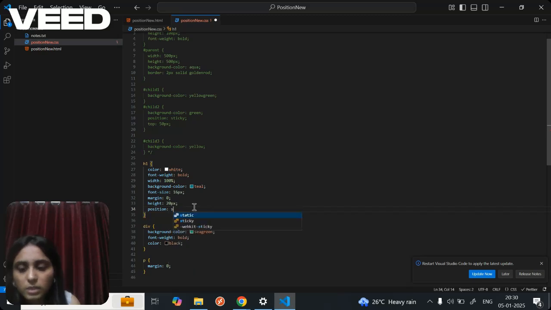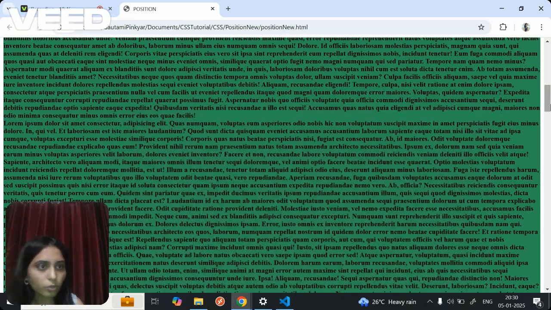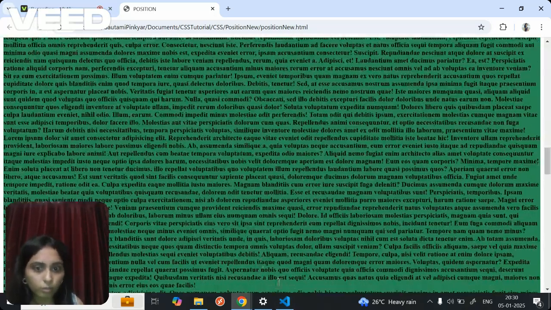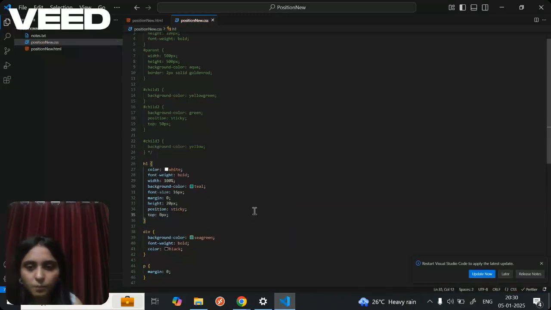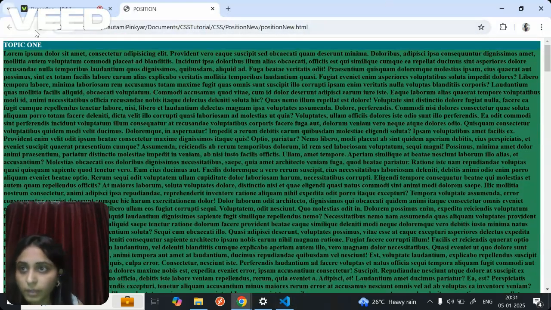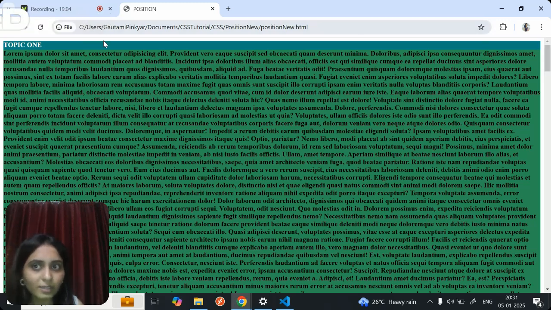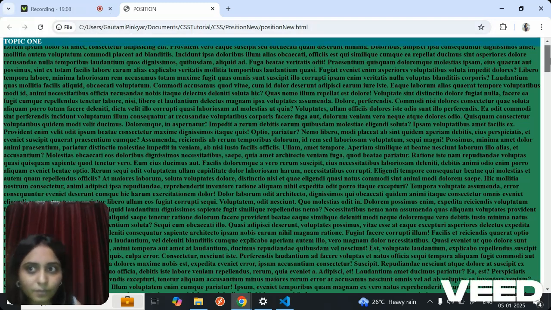So I'll show you. Let me keep the heading position as sticky and top as 0 pixels, because even if you keep it as sticky it will not work. It is going to work normally only. You have to give a top, right? You have to keep top like 0 pixels or something. Now just look over here at how it's behaving. Now 0 pixels, that means obviously it is at the topmost. That means from the top it is going to be static. Did you see?